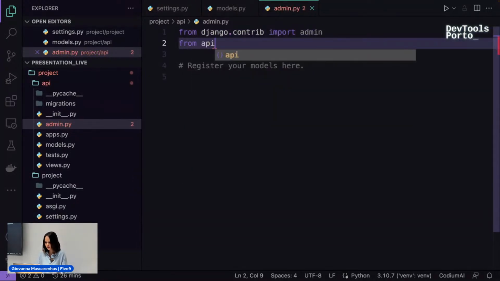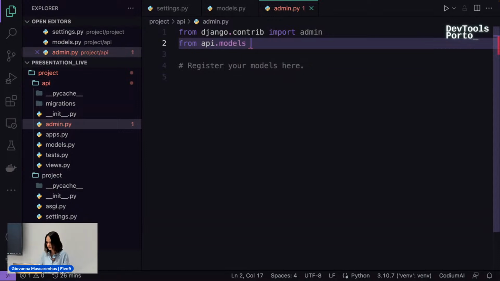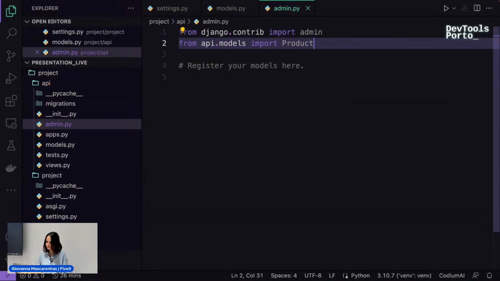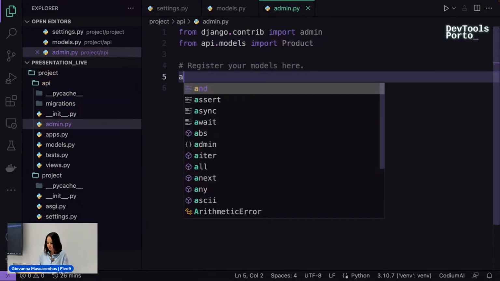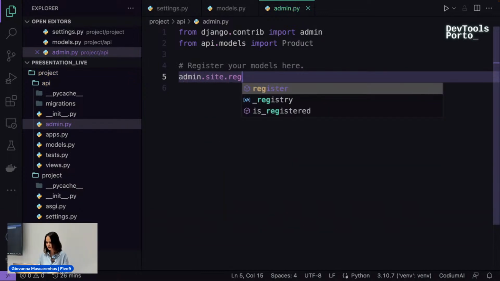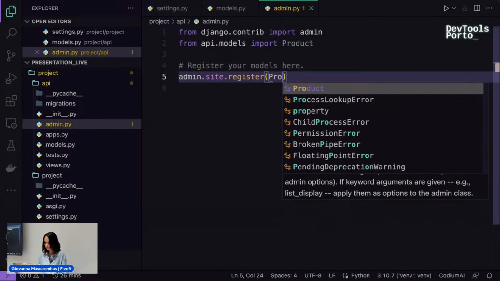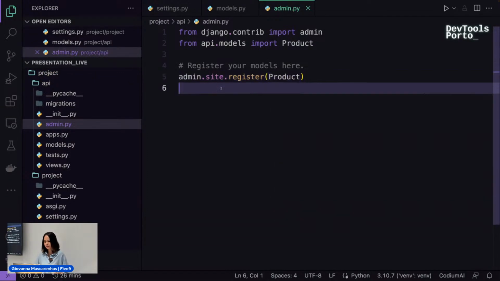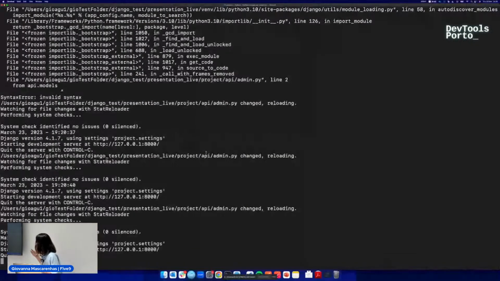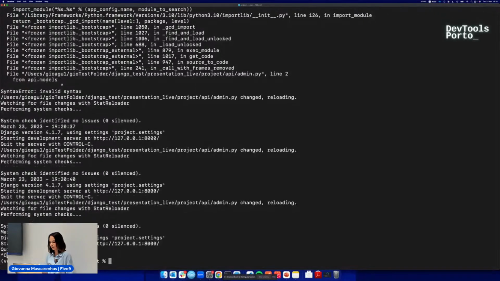So from API models, that is the file that we have, import product. And here I'm gonna call the admin site register, and I'm gonna register my product. And now we need to create this table in the database and synchronize.